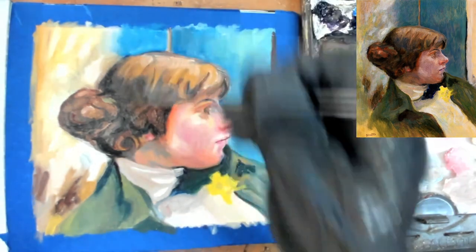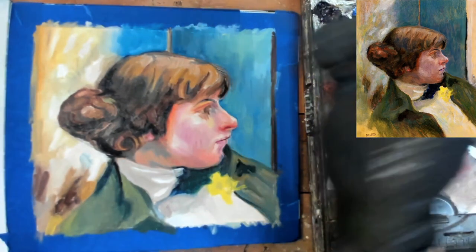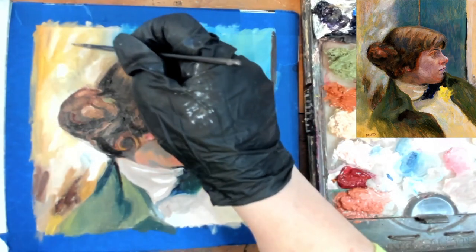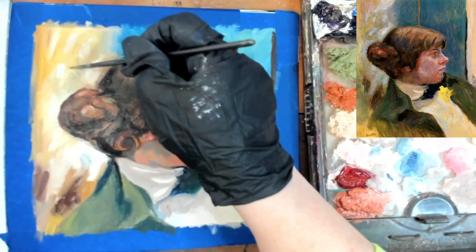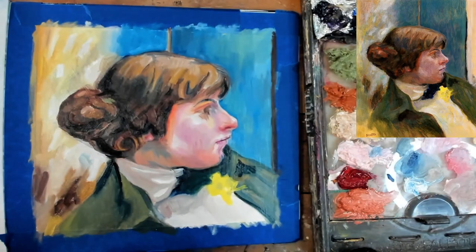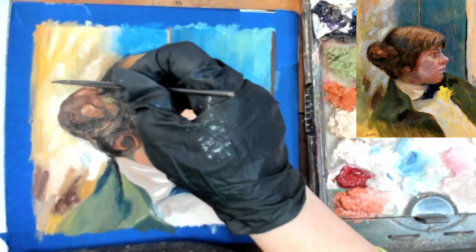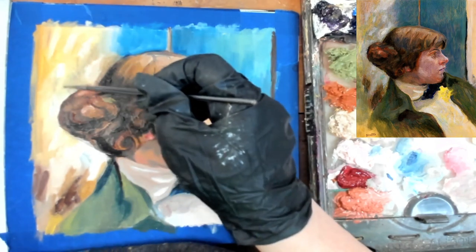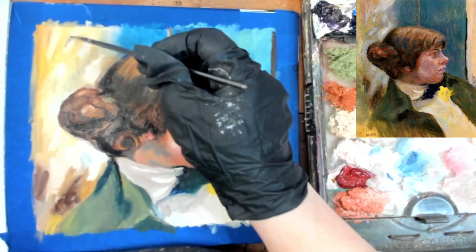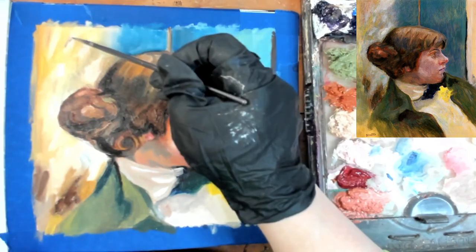I like contemporary realism, like David Kaysen and who else is there? Malcolm Lipke. Some of his have gotten a little too sexual for me. Lipke's has. I like ones with not necessarily a narrative, but like David Kaysen did a series of paintings of Holocaust survivors that were still alive, and I find things like that just,